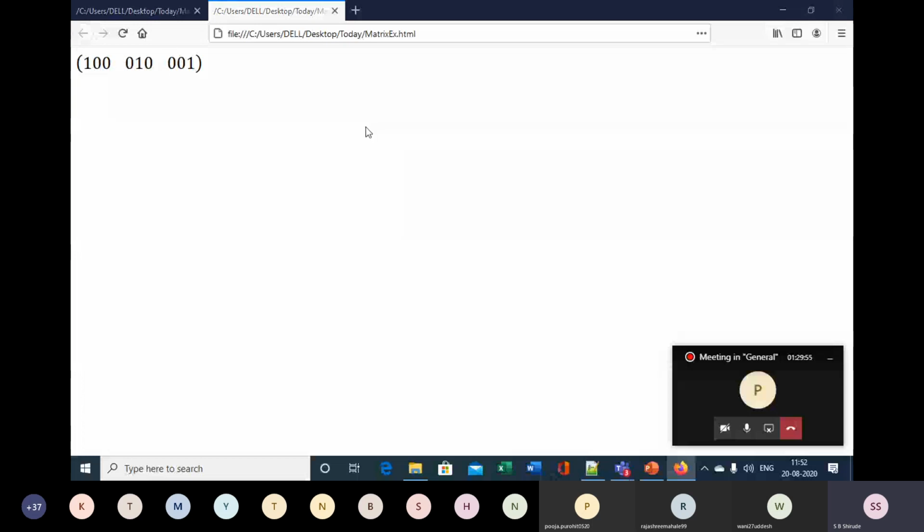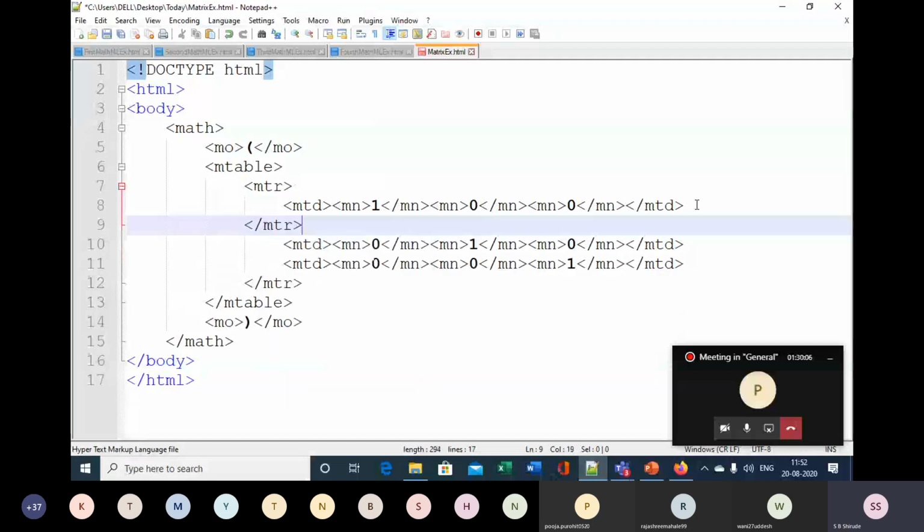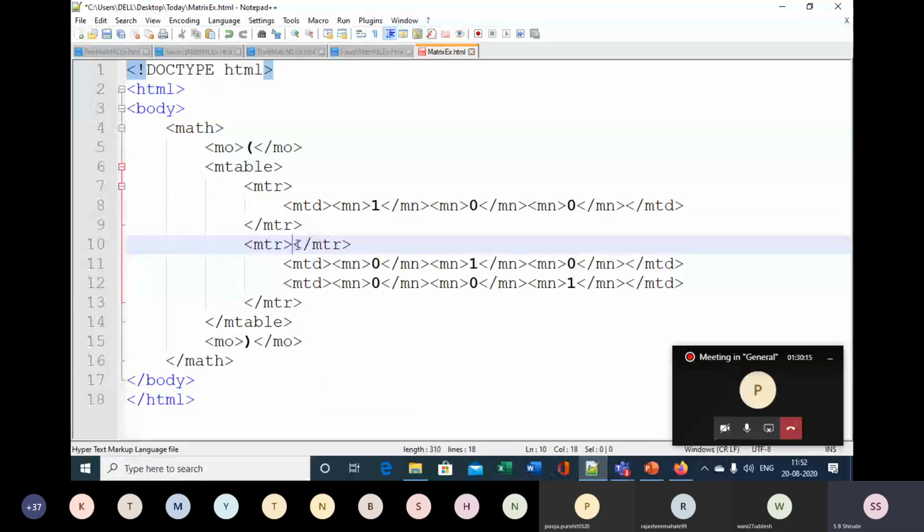So if you want to insert it in other rows, here you have to close this mtr. So that will be the first row, and then again start another row, and then end this other row over here after finishing this one.